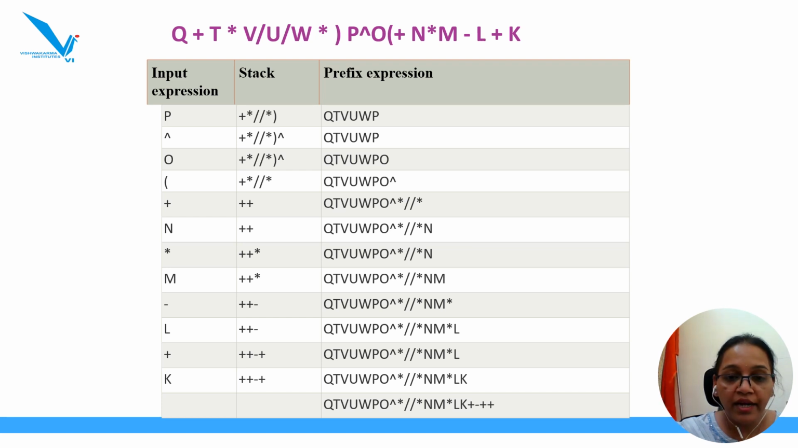And now we are coming to the end of the expression. Whatever the remaining elements are, plus, pop it and add it to the expression; minus, pop it, add it to the expression; plus, pop and add; plus, pop and add. So all the remaining elements we have popped and added in that sequence to the prefix. Now the outcome of this particular operation is Q T V U exponent multiplication division multiplication N M multiplication L K plus minus plus plus. Now we are